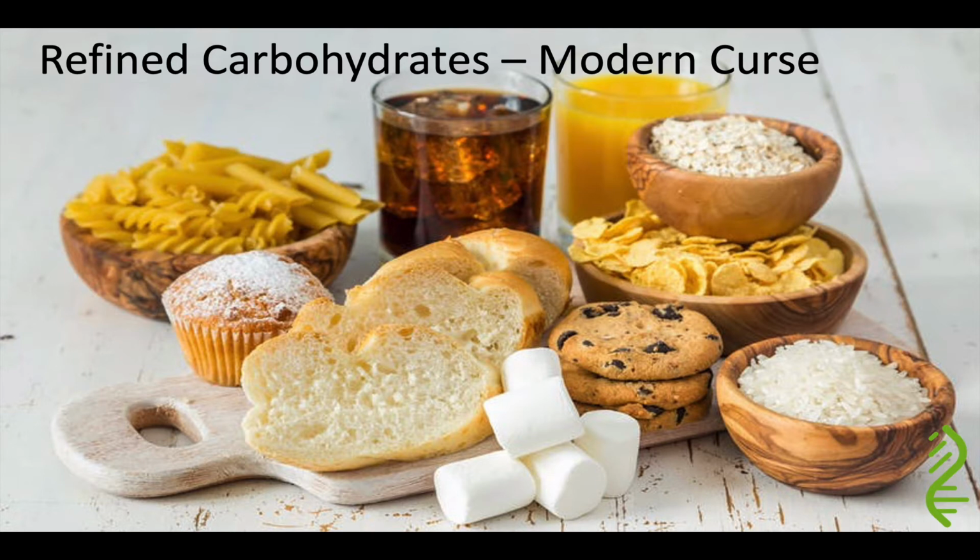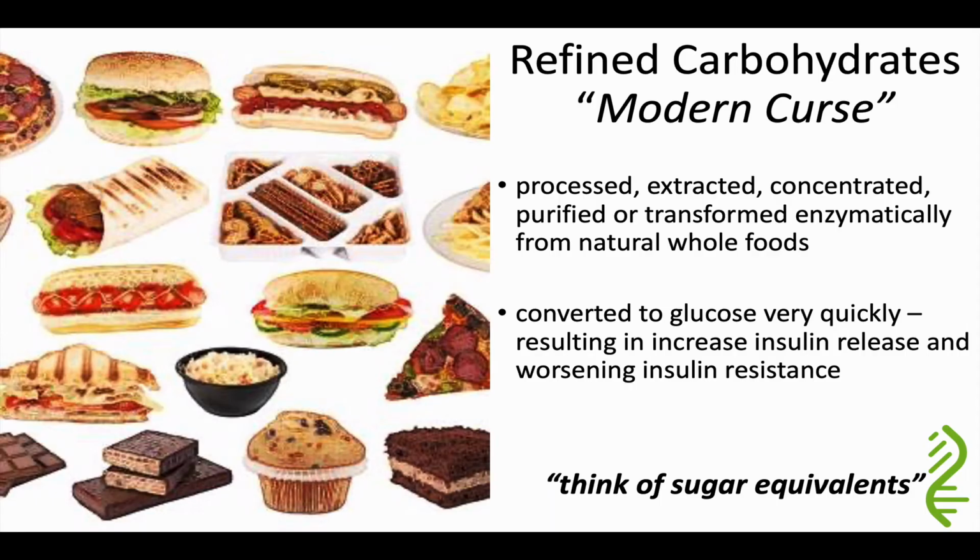So the refined carbohydrates really, I think, in many respects, are our modern curse, right? Since we've had a food industry, we've developed this notion of refined carbohydrates. And so, look at this, the definition, right? Processed, extracted, concentrated, purified, transformed enzymatically from natural whole foods. From things that we could eat in their natural form, we've processed, extracted, concentrated, purified, transformed them enzymatically. We've done a lot of things that actually end up making these carbohydrates get absorbed incredibly quickly. And so they get converted to glucose quickly, absorbed quickly, and then they generate a massive insulin response, which worsens